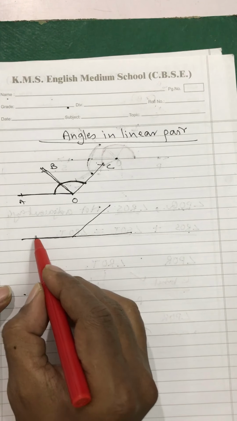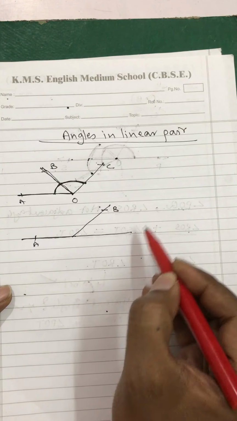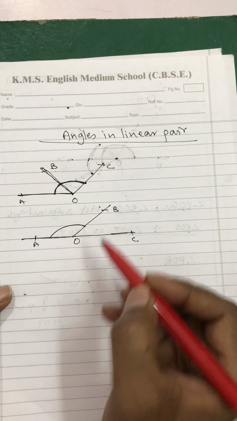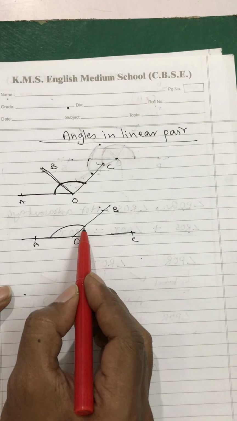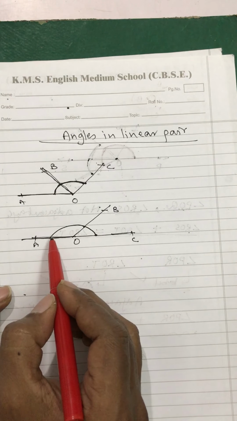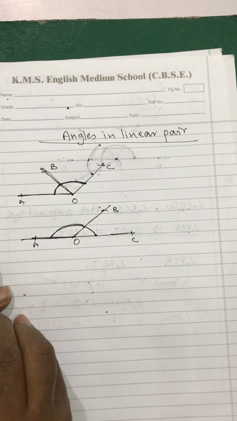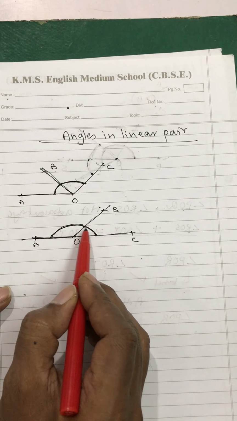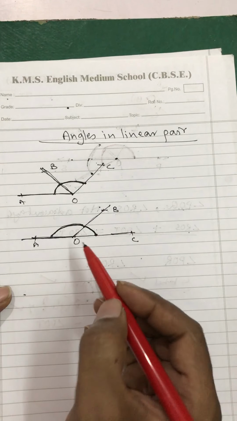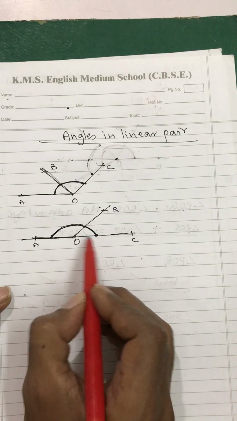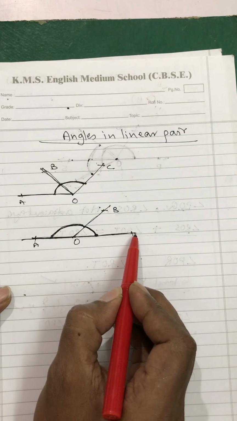See, this is again A, this is B, this is C. Again see, angle AOB is this and angle BOC is this. Right? See, I am marking AOB. Try to understand the marking. The marking of angle AOB is this. The marking of angle BOC is this. They are in continuity. After they form into continuity, the angle that is formed is a straight line.